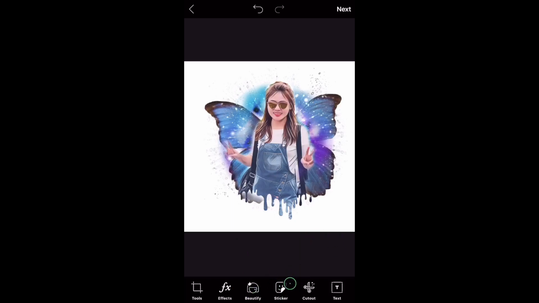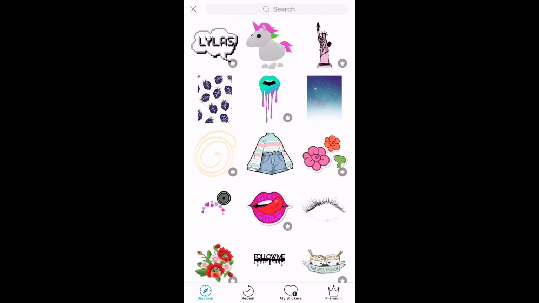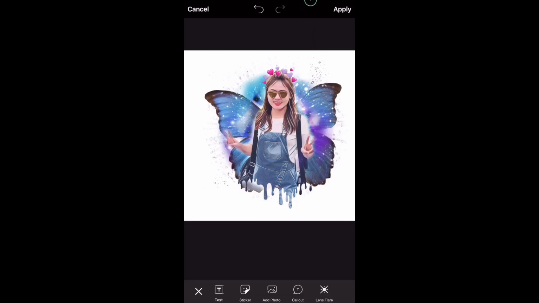Then you can add some stickers to make it beautiful. Okay, I will choose this one and make it fit to my head. Can make it bigger or smaller, like this. After that, if you like it, you can apply again